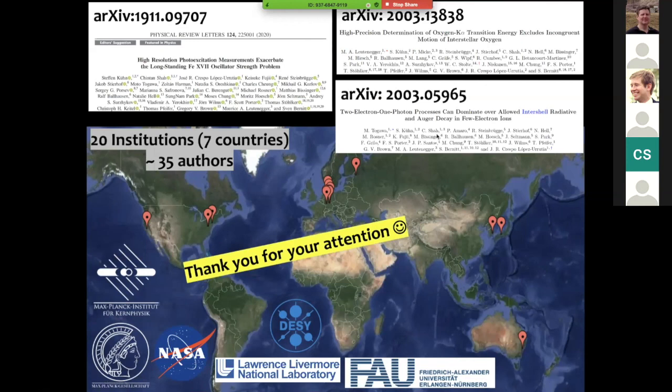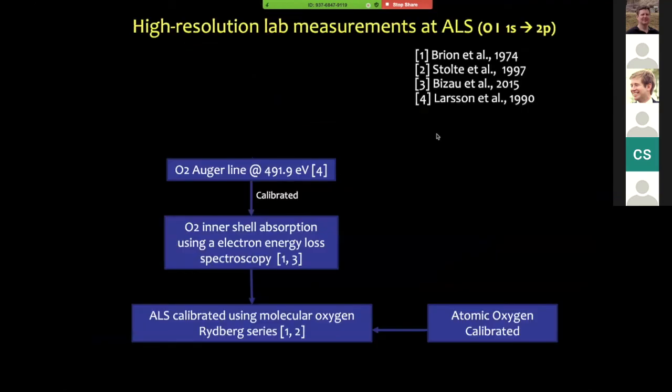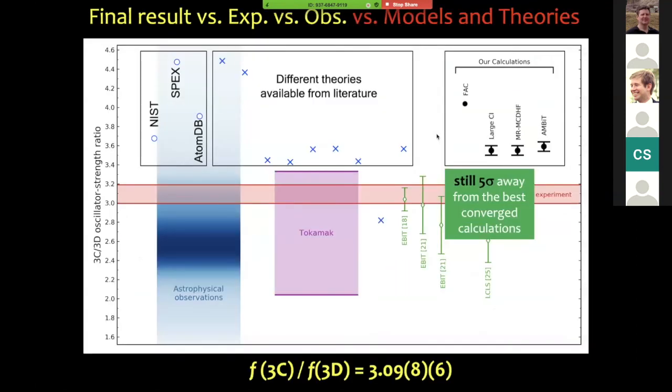We are actually officially out of time, but we'll take one question from Javier Garcia. On the iron 17 discrepancy, there is one calculation, I believe by Mendoza and Bautista, that seems to be closer to your measurement. Can you comment on whether such a difference is still problematic or perhaps well within the intrinsic